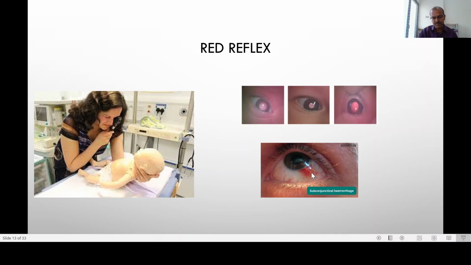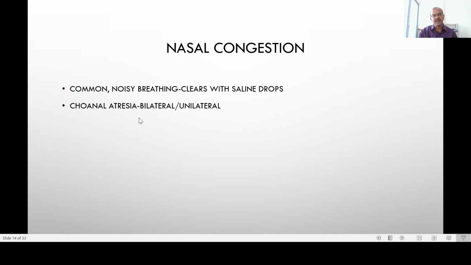It's 1 in 30,000 or so. But it can be a serious condition, as when the baby closes the mouth, the cyanosis sets in. When the baby is crying, the color becomes normal. So this is a clue, and you may consider a CT scan. This is one indication where we don't resist CT scan, because if it's a bony choanal atresia, only the CT scan will pick it up better than the MRI.